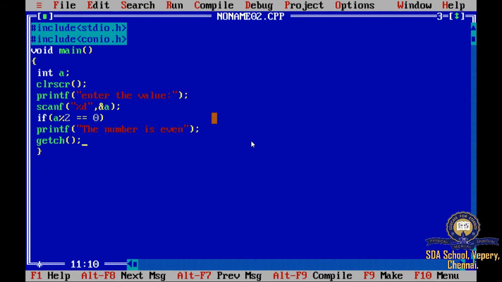Okay. So in the same program, we'll do it with an else also. If this condition is false, then what do you have to print? Yes, good. You have to print it as an odd number. The number is odd. Okay, so let us execute this.